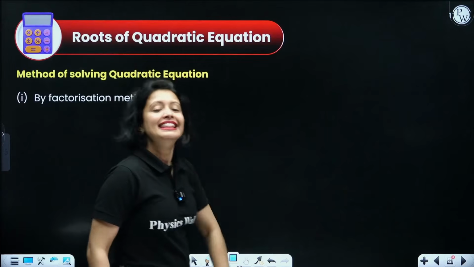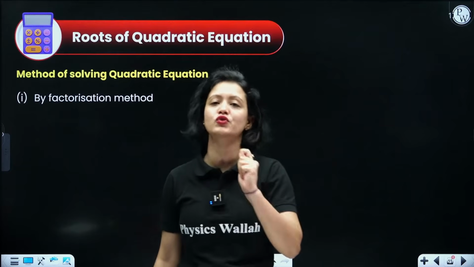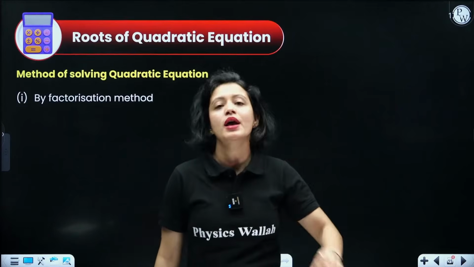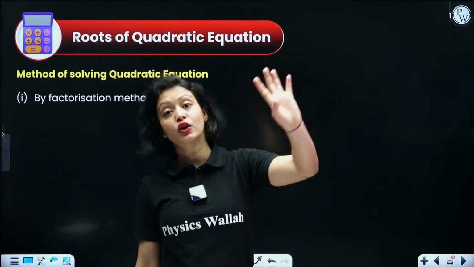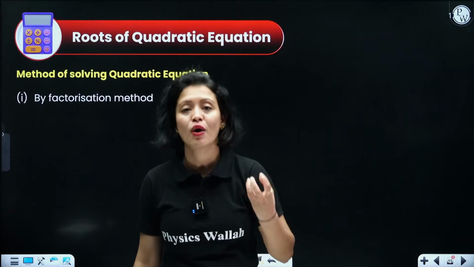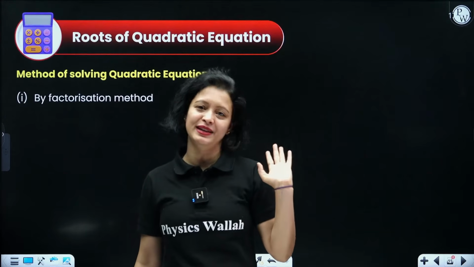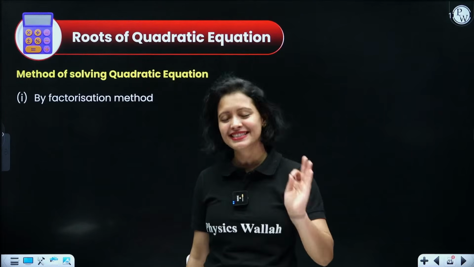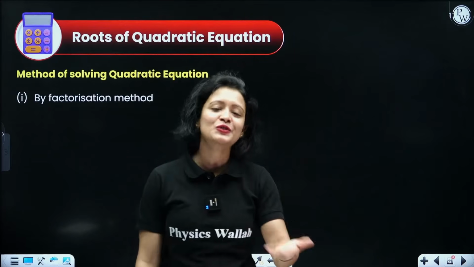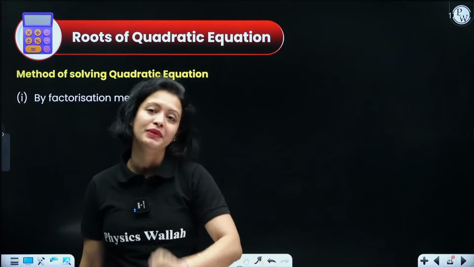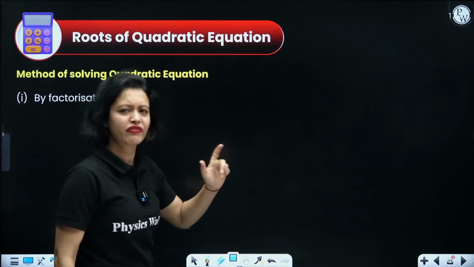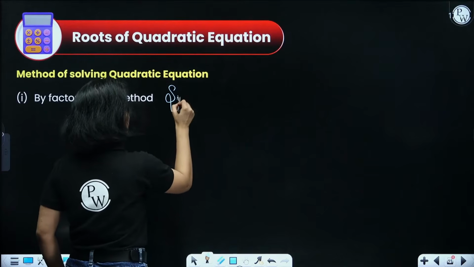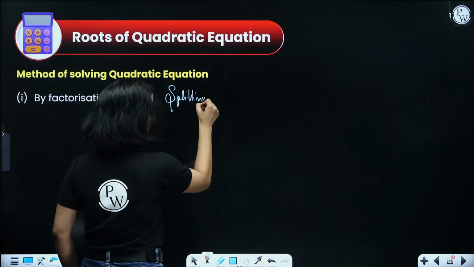Now, everyone, let us talk about how to solve a quadratic equation. Very simple topic, guys. Something you have learned in 9th grade also. Some of you might have learned it in 8th grade also, but a topic which a lot of people forget. A topic where a lot of people struggle, and it's a very basic topic. So let's see how to find the roots of a quadratic equation using splitting the middle term, or the factorization method. The factorization method is the same as splitting the middle term, guys. I'll write here: splitting middle term.